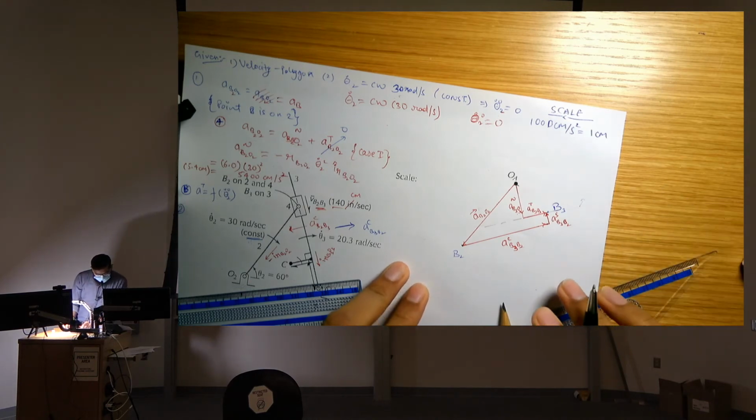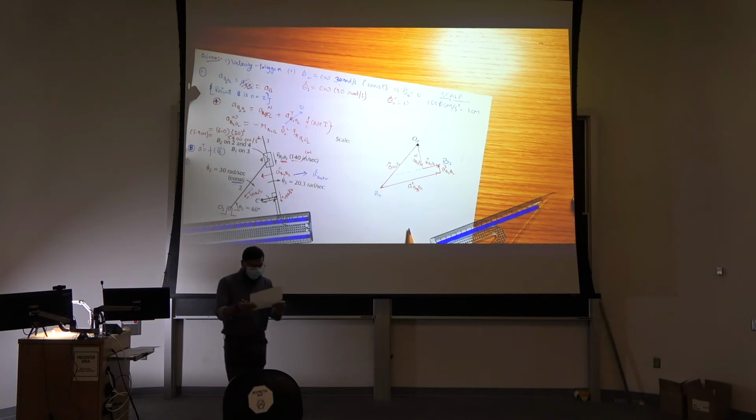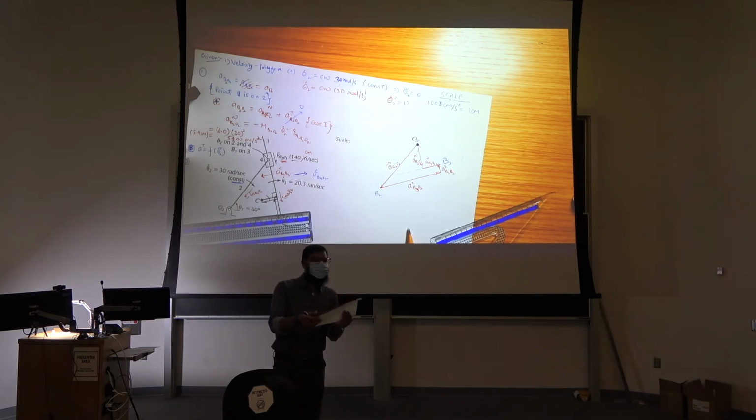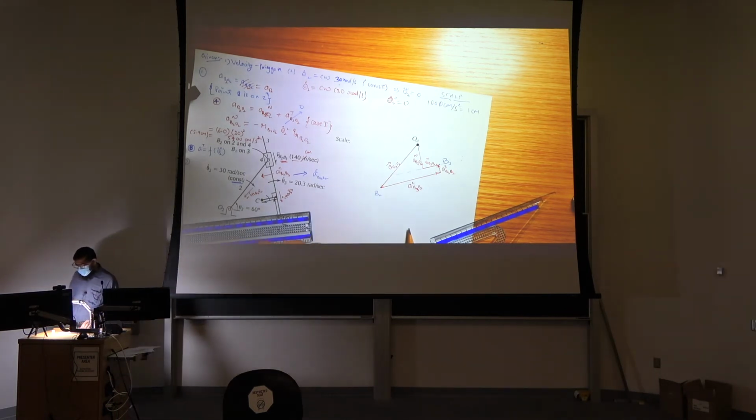Is that it? Is that all there is? Do you see? We have a C point to find out. Sorry, you were saying, is that it for the mechanism? What are we trying to find? First, we have to draw the acceleration polygons. So that's done, right? That's what I'm telling you now. So you see the mechanism. You have a C point also. So what about C? Any suggestion how we reach C?